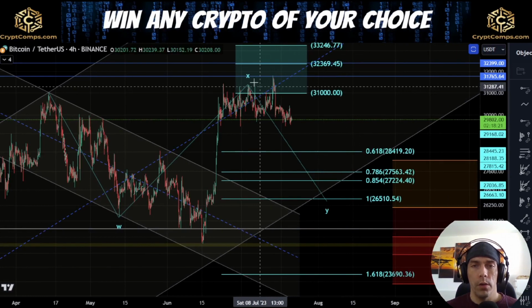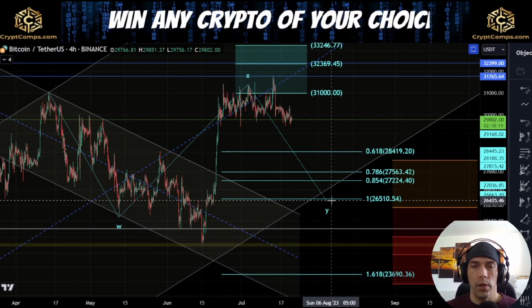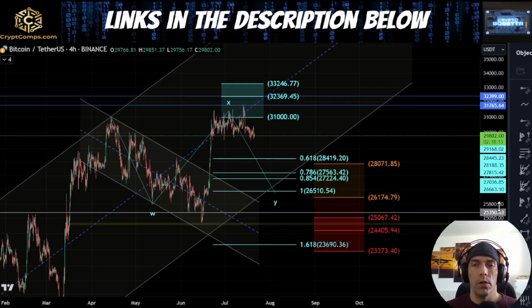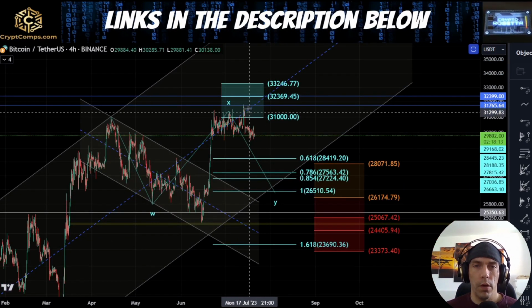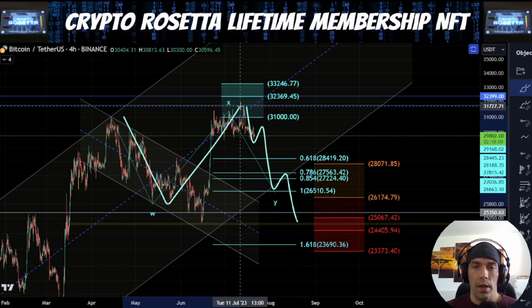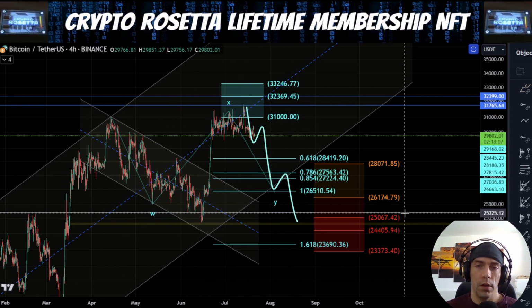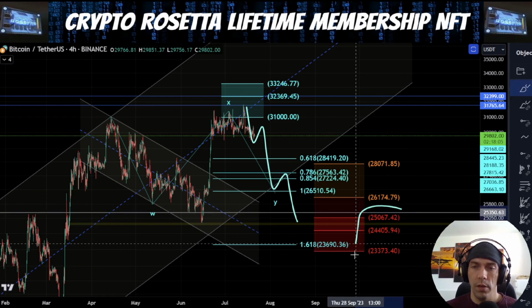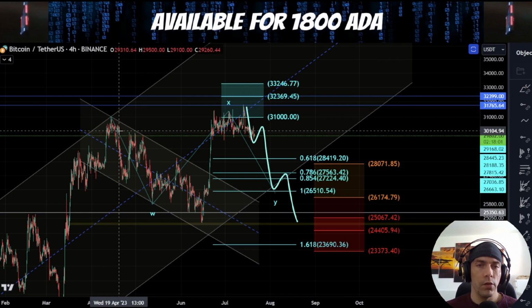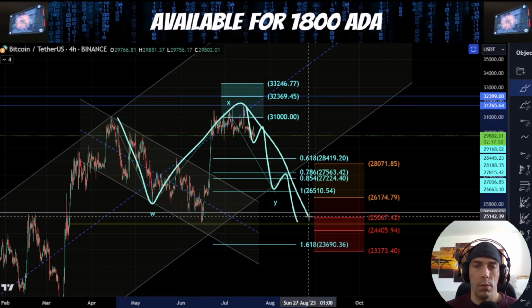Now, if we are looking at this, we'd be saying that we're looking for this in a three-wave move from this point here. Now, potentially we could also argue that we could be looking for a five-wave move to the downside from here, in which case this whole move could become A, B, and C. Now, our downside target for this would typically be this 25,067 to this 23,373. So this is looking at this in the more bearish way, saying that we're going to still see a move